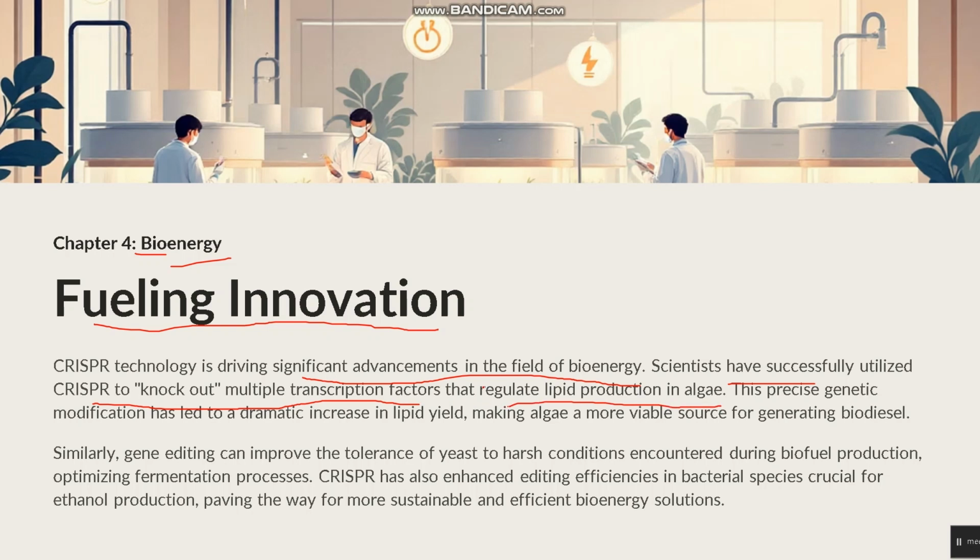Those transcription factors downregulate lipid production, but we want to increase it, so we knock them out. This precise genetic modification has led to the